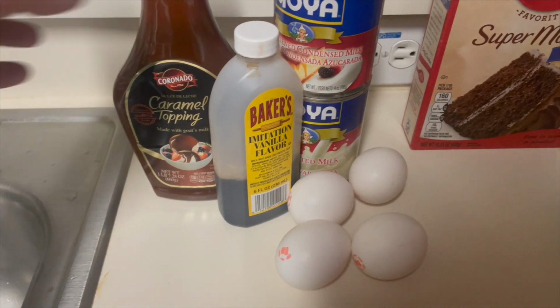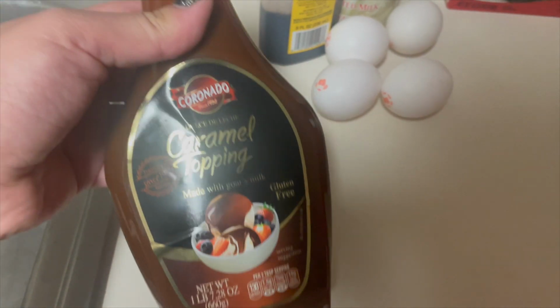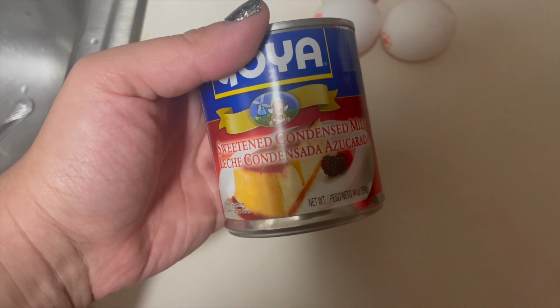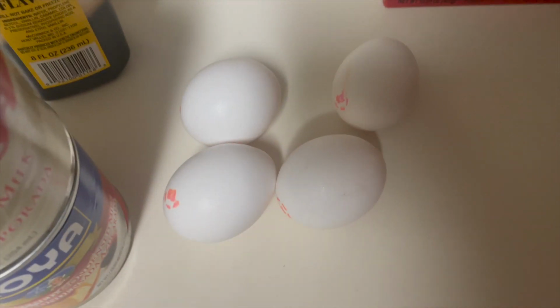Hi guys, so for this recipe, you're going to need a caramel topping of your choice. I'm using this one. You're going to need some vanilla extract, 3 teaspoons. You're also going to need condensed milk in a can, evaporated milk,